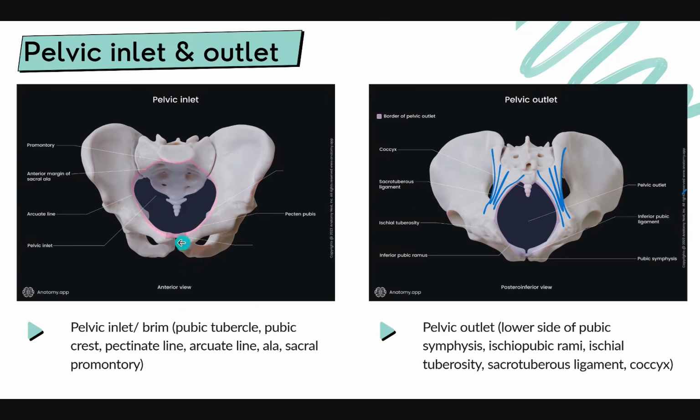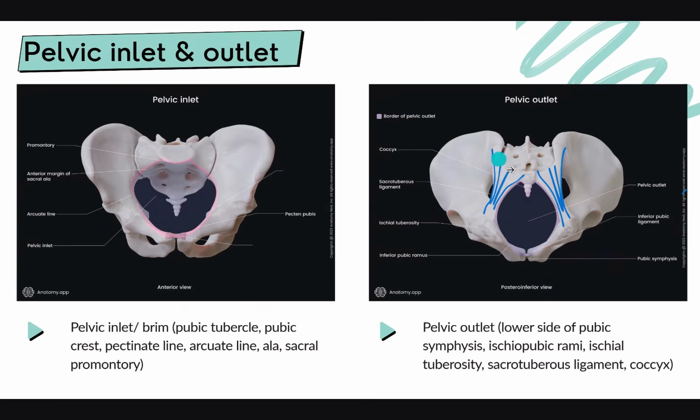So we have the pubic tubercle or the pubic symphysis, and then we have the pectinate line. And then moving on, we have the arcuate line. And then we have the ala, and then we have the sacral promontory. And then it continues again. This is the pelvic inlet, and the pelvic outlet, compared to the pelvic inlet, also is made up of a